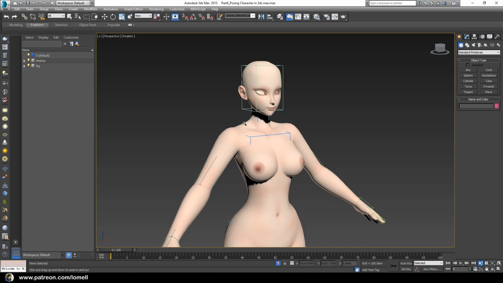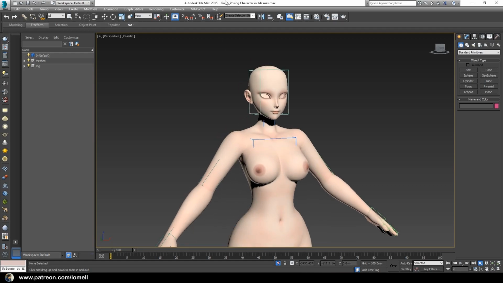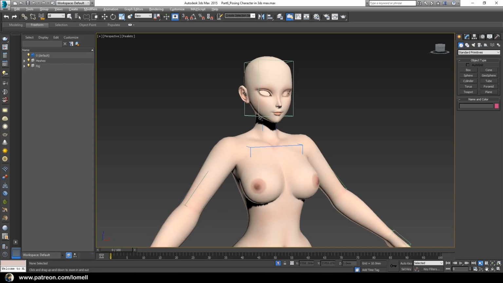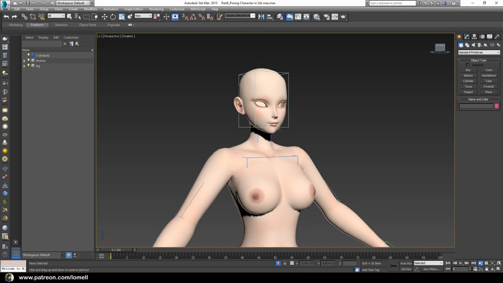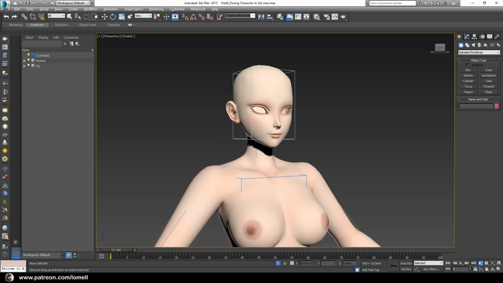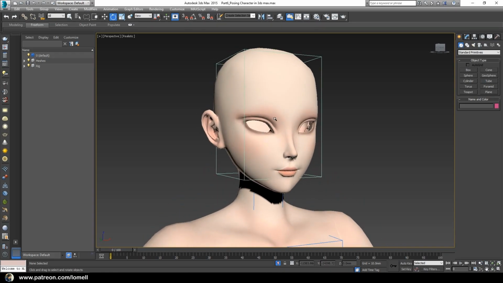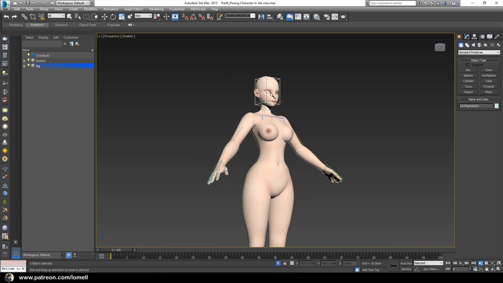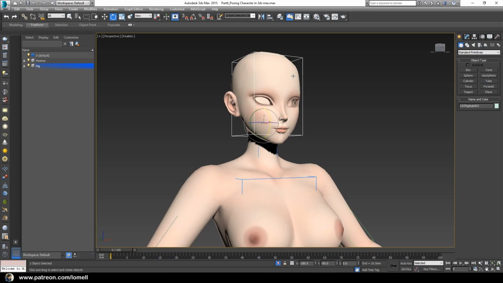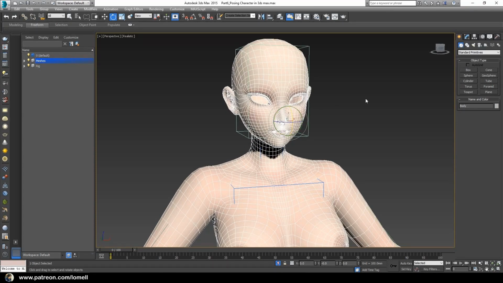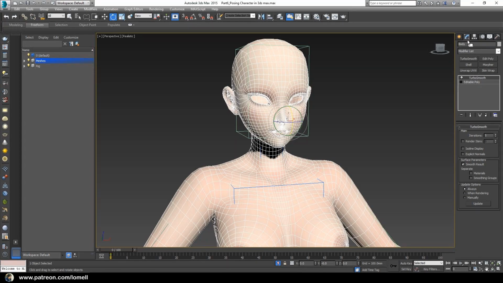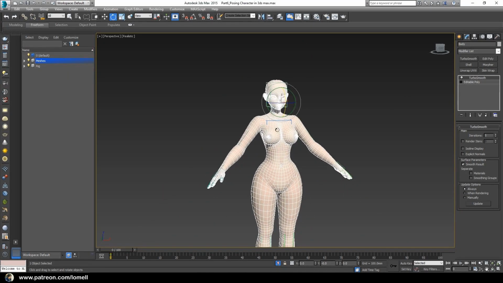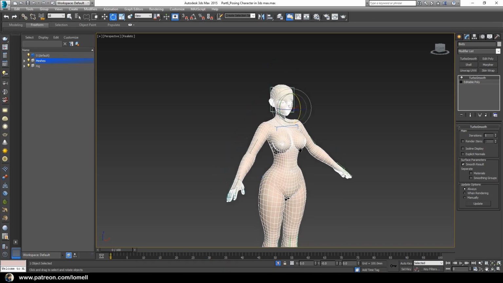Okay, so let's open this file named part 6 posing character in 3D Studio Max. Let's just use this file so that we can proceed on our topic, and you don't have to create a bone system. Okay, so let's select the character and let's go to the modify tab, and after you create a bone system, now